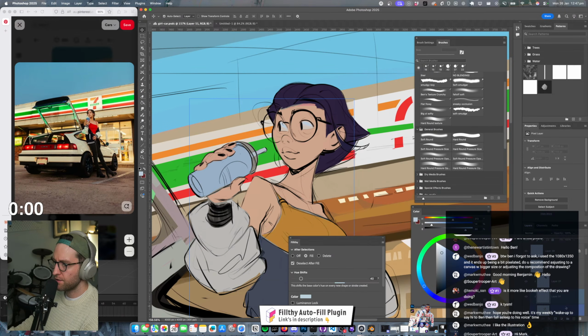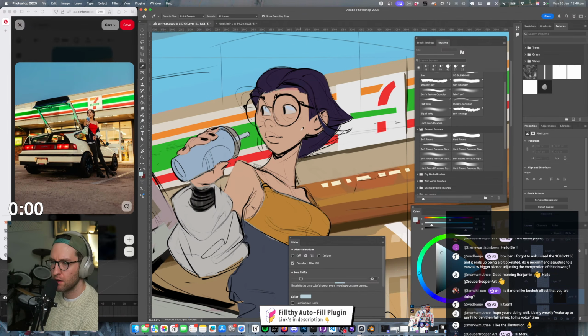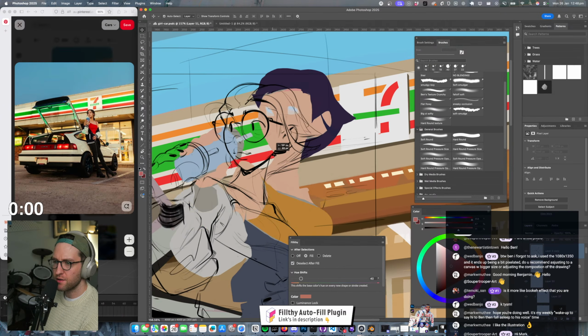Let's try this cell shaded thing. It could fail, but you never know if you don't give it a whirl. But it's like cell shaded adjacent, so it's going to be very soft.